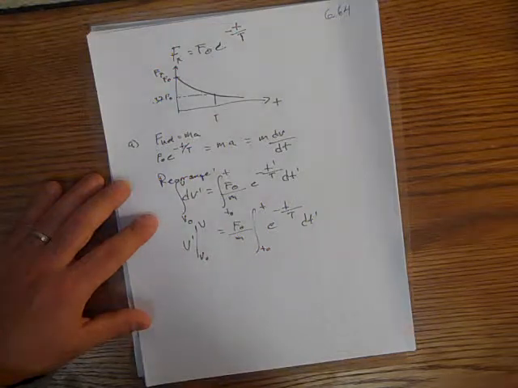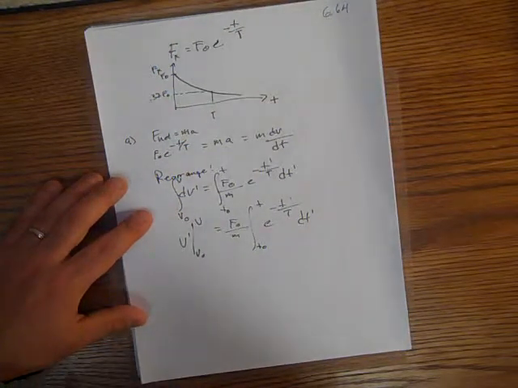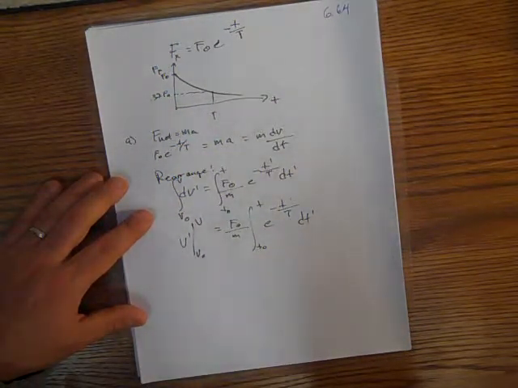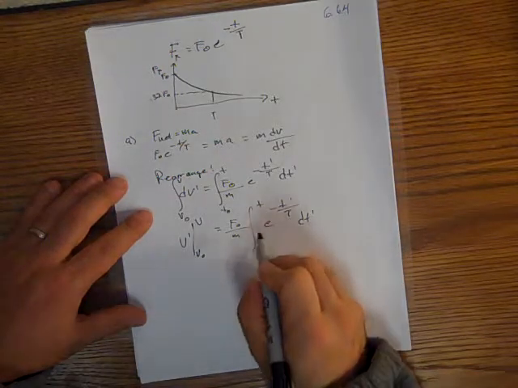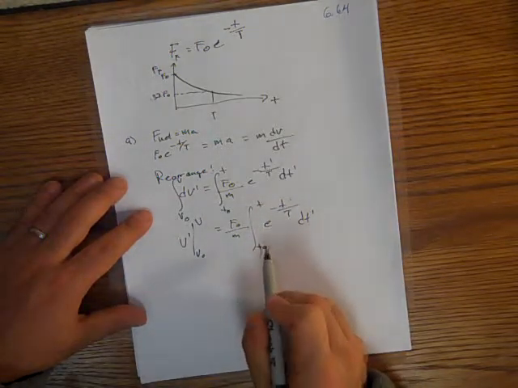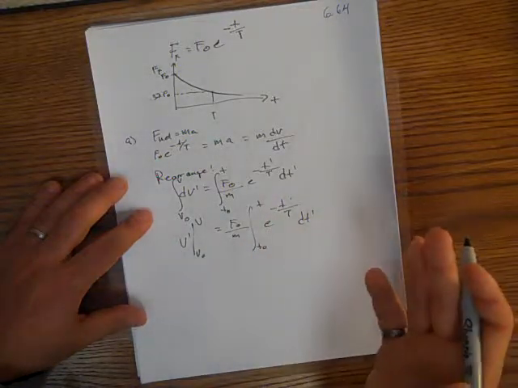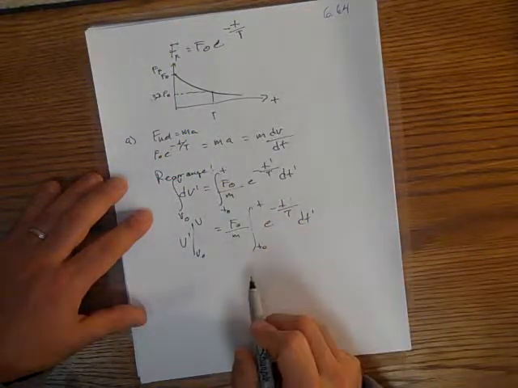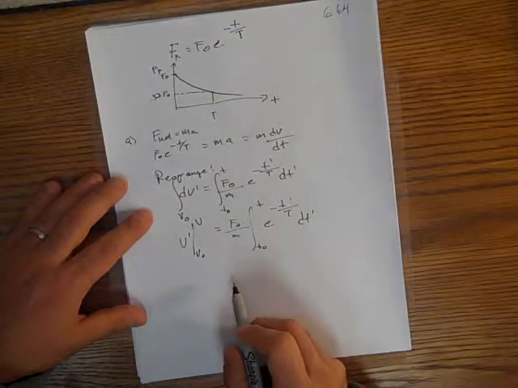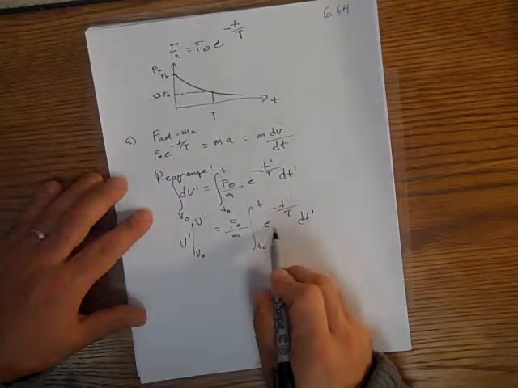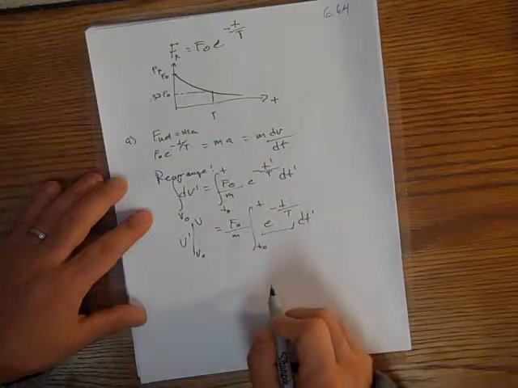And you have to dig deep for this one. I think if you don't remember exactly how to do these integrals or find these antiderivatives. Basically, I want to find something that when I take the derivative of it, I get back the original function. So the antiderivative is, well, when I take the derivative of it, I get what's inside of here. I get this thing. And I think